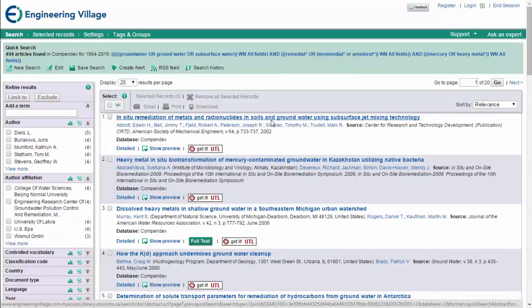When we do this, we might get false drops. For example, if we want articles discussing the ergonomics of a computer mouse and we use the term mouse, we might also get articles about mice, the furry little creatures. One way of eliminating this is to use the controlled vocabulary in Compendex to limit your search to only articles